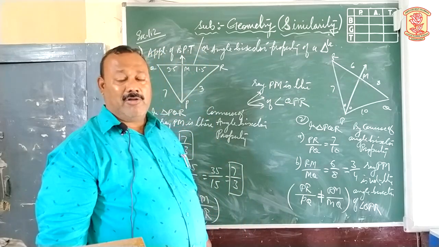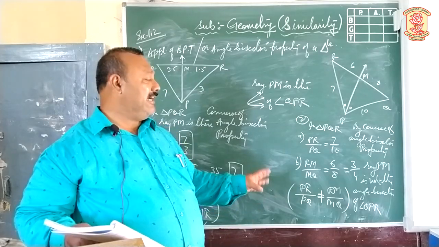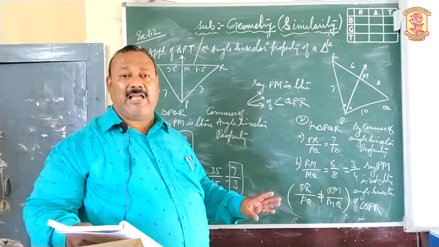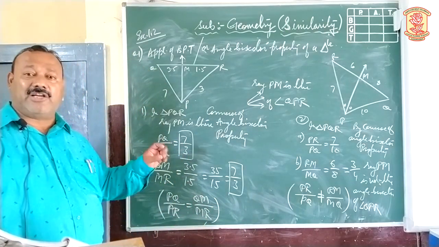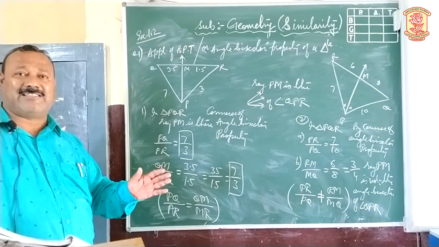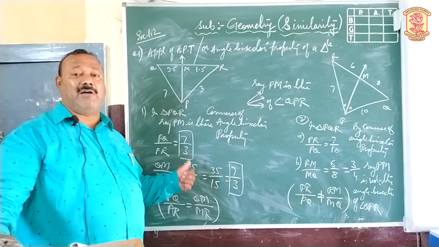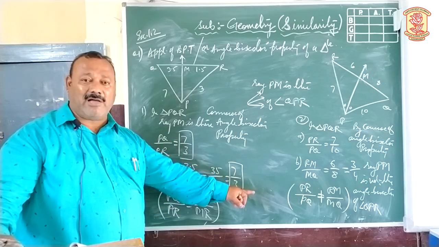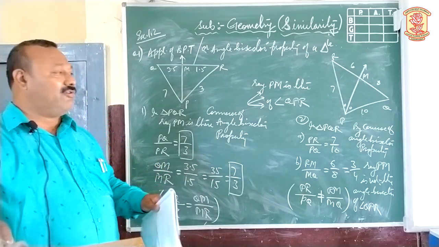Got it now? You understood the difference between these two? When you can say that it is an angle bisector and when you can say that it is not an angle bisector. When the ratios are not equal, the given ray will not be the angle bisector of the given angle. And when the ratios are equal, the ratio of the remaining sides should equal the ratio of the side which is divided by the angle bisector, which is opposite to it. When the ratios are coming the same, then only you can say that the given ray is the angle bisector of the given angle. And when the ratios are not coming equal, it is not the angle bisector of the given angle.